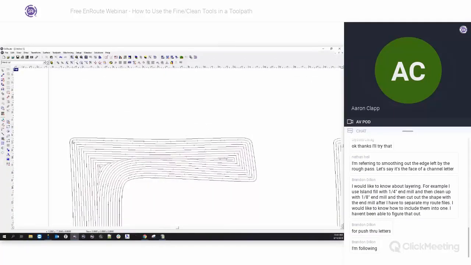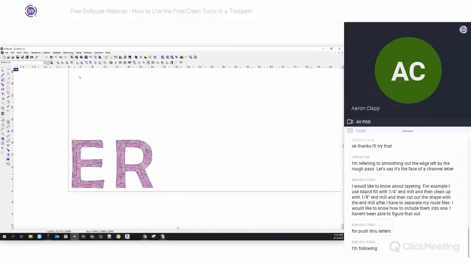Now in this case, I'm not sure, you probably want these files to be separate, just because one's a push through and then one's another. If you are applying the clean pass in two separate toolpaths, so you're doing one as, let's say one toolpath is going to be your clean pass, and the other one's going to be your, well, actually that,